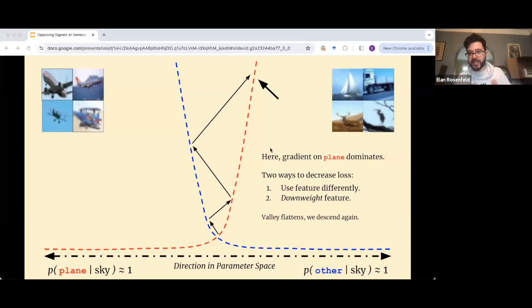And the bottom of the valley represents the correct conditional distribution P of class given feature. So as long as you're near the bottom, it's fine for it to get sharper because you're still using it correctly. But at some point, you reach the point where you're going to start diverging. That's the edge of stability, right? Now your step size is too large for the curvature, and so you start diverging out of the valley. Now, most of the time, it seems like you don't leave the valley. You just reach this point where the gradients of the outliers become so dominant in the overall gradient that the valley starts to flatten again because it's forced to downweight that feature in order to minimize loss.